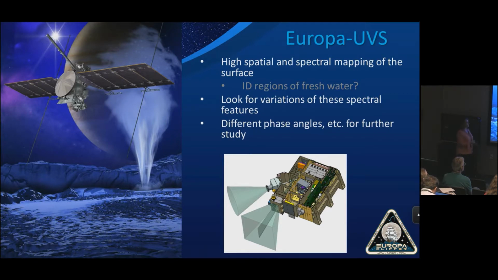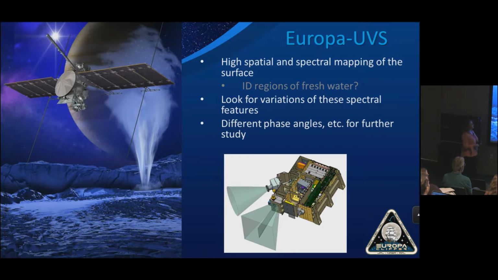One thing that I could imagine this being useful for, especially in the context of this talk, is that we'll have the high resolution, we'll be able to map out the surface, and maybe regions where we start to see that water ice absorption edge appear, maybe that will tell us something about a more freshly deposited water ice region, and that might indicate regions of interest, that might correlate with maybe a hotspot that we see in the thermal, things like that. So having this UV, having this very sensitive 165 nanometer absorption feature, is going to really